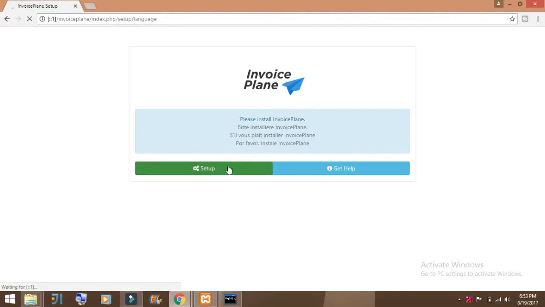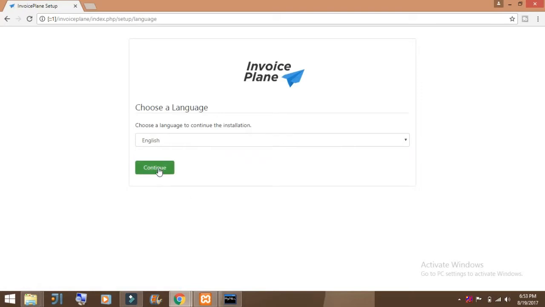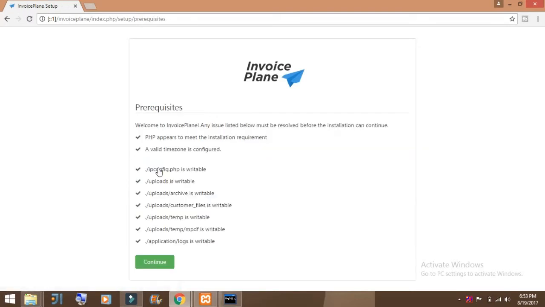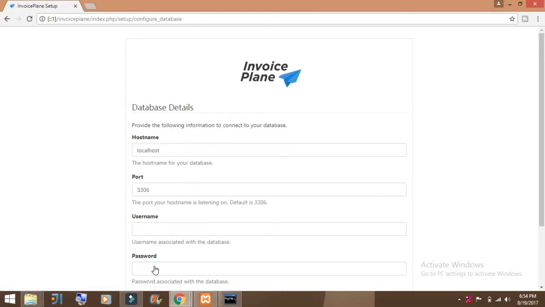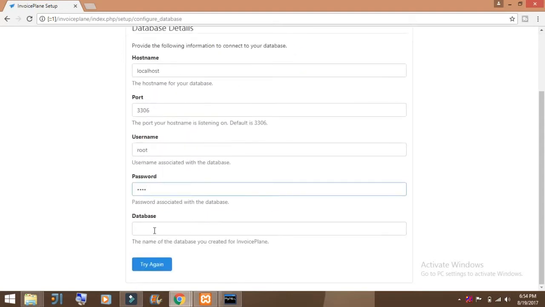So go, click on setup, click on continue, choose a language, right? All the prerequisites we already have on our system. So continue, then configure database. Localhost is fine, port is fine, right? My SQL username is root and password is also root, right?